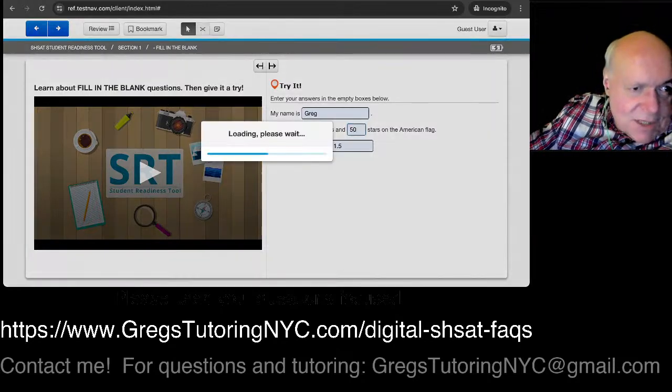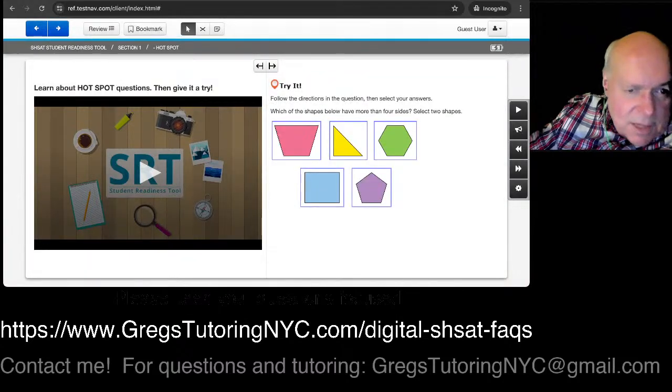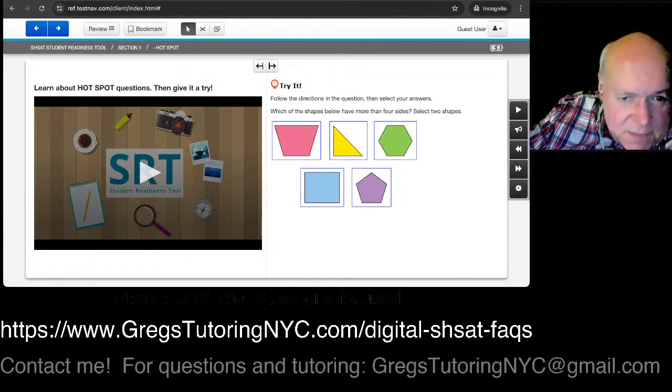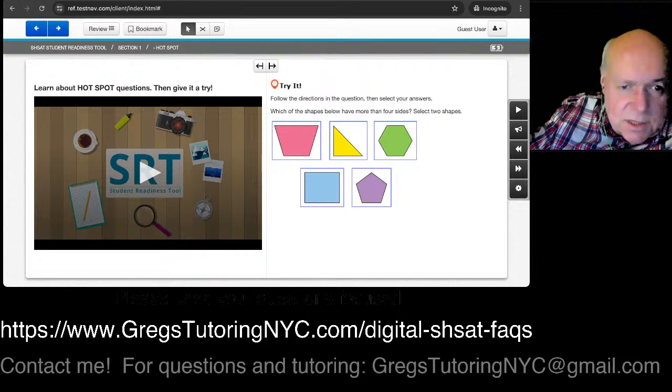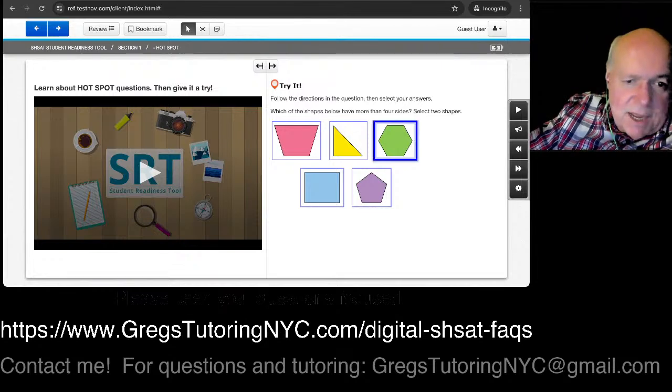Okay, we have a hotspot. Again, I talked about those. They want you to pick which of the shapes have more than 4 sides. So this is 4, that's 3. This is 6, that's 4, and that's 5, right? And if you make a mistake, let's say you included that,